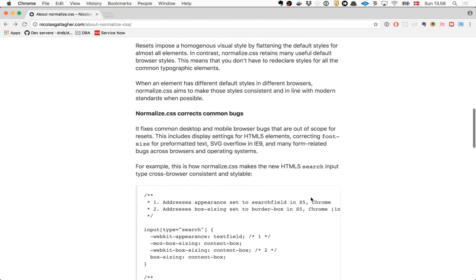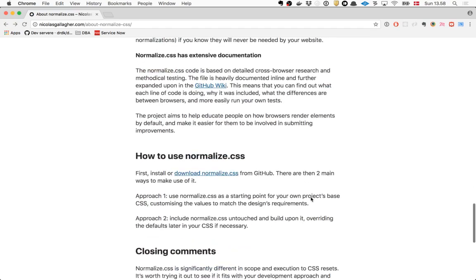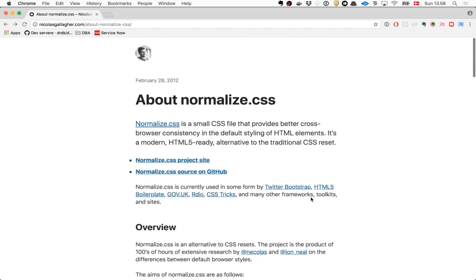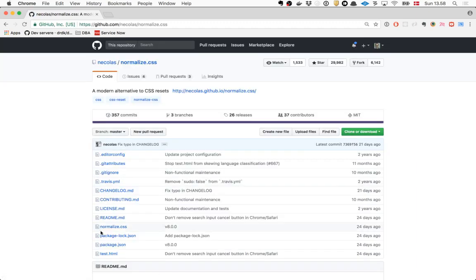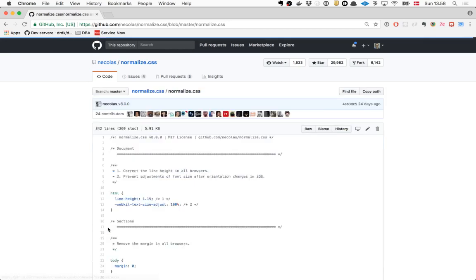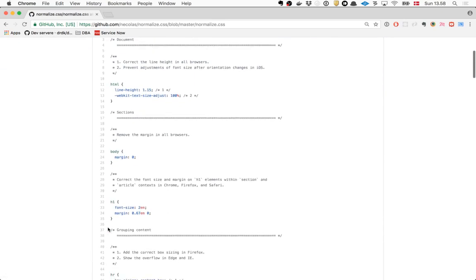One of the solutions to it, so you don't need to do it yourself every time, is something called normalize CSS. It's pretty elaborate. When you look at the source code, there's a lot of different elements that it's targeting. It's not only the body itself, it's also going to target tables, and I think a couple of other things. So it's pretty long actually.